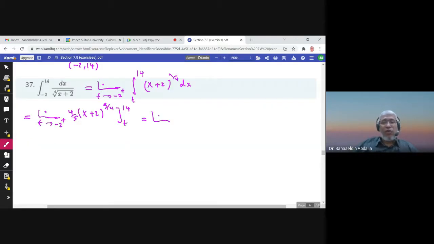So this would be the limit when t approaches negative 2 from the right of, now if I replace x by 14, I'll have 14 plus 2, which is 16, and if I raise 16 to the power 5 over 4, I will get 32